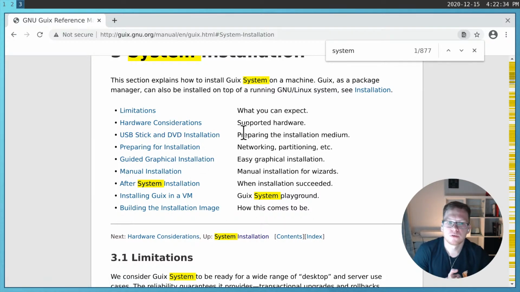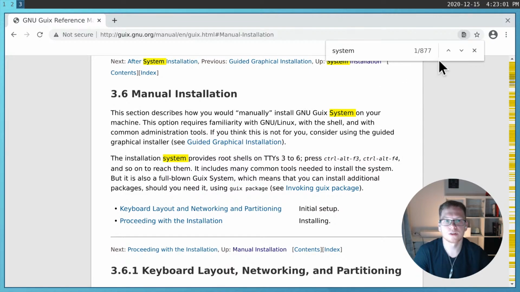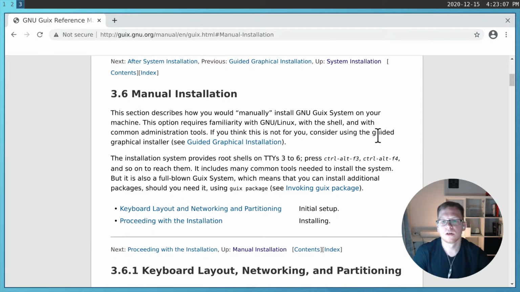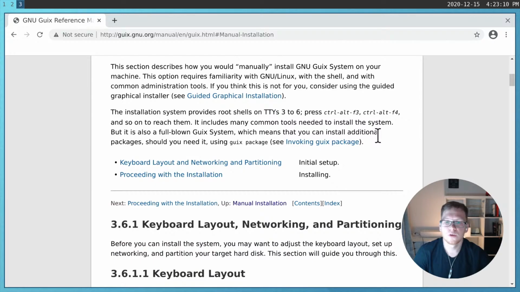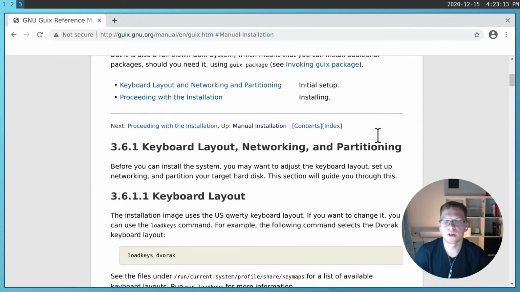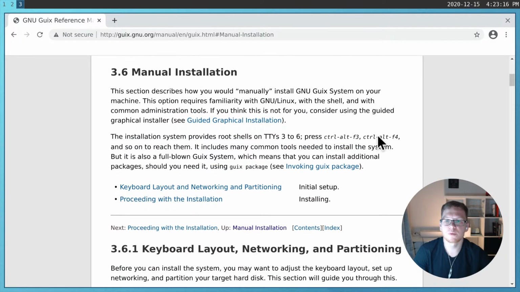we prepared to have every necessary software in our LiveUSB image, and we are going to partition our SSD or hard drive. I prefer manual installation to guided graphical installation because there's more control over the process, and you know what's happening under the hood. The guided installation hides some details that you probably have to know, but you will miss them if you do guided installation. But you can use it if you want a simpler approach to install this